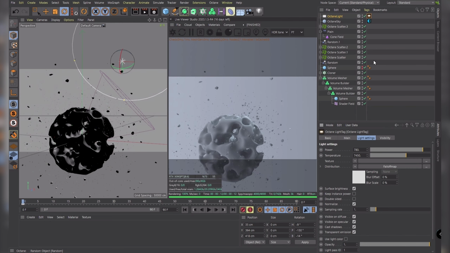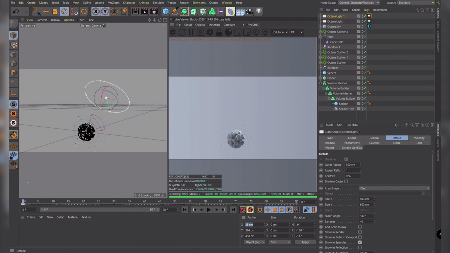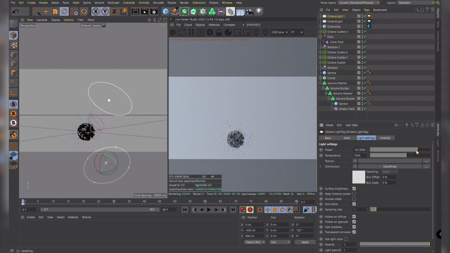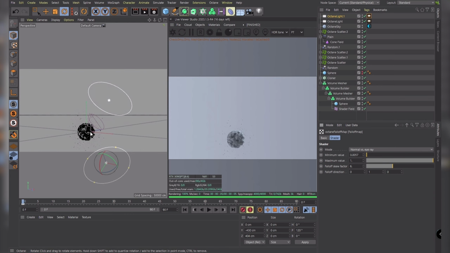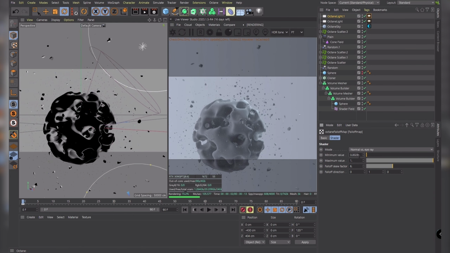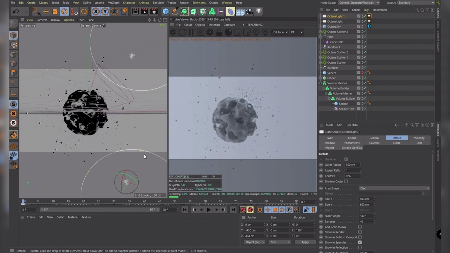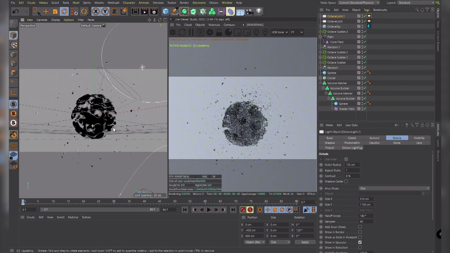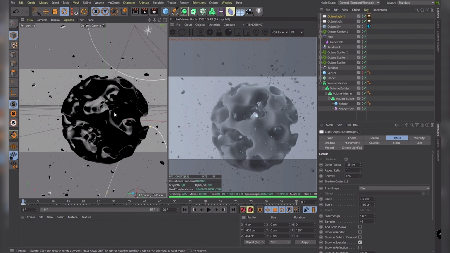Okay, I'm just going to copy this one, and I'm going to put this one at the bottom. So that's kind of a mirrored effect of the top one. But this one doesn't need to be as strong, so maybe 200 power. And let's also play with the fall-off map. I'm also going to make the scale of this a bit more uneven. Maybe something like this. So we have a lot of light passing at the front as well.